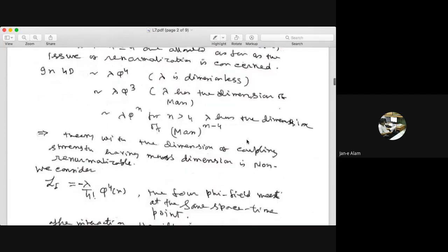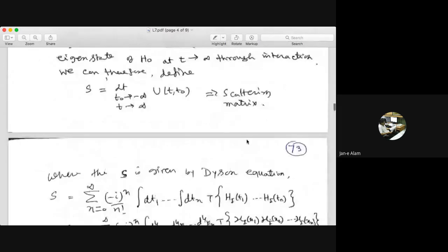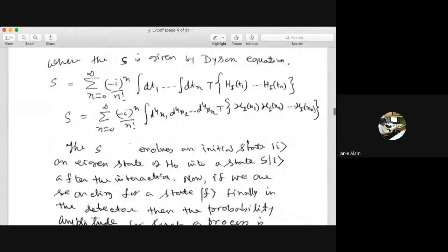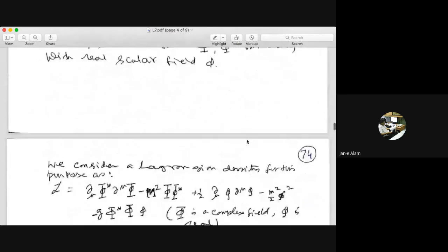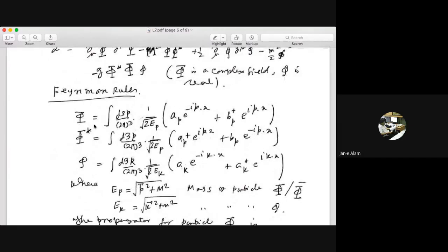Both the things. For external lines, the external lines correspond to the incoming or outgoing particles. Incoming means the particles which are getting annihilated, outgoing means the ones getting created. Now, when we expanded this phi field, this is the expression, and you see the coefficients of the annihilation and creation operators are 1. The e to the ipx you don't count, because this is coming from the Fourier transform.